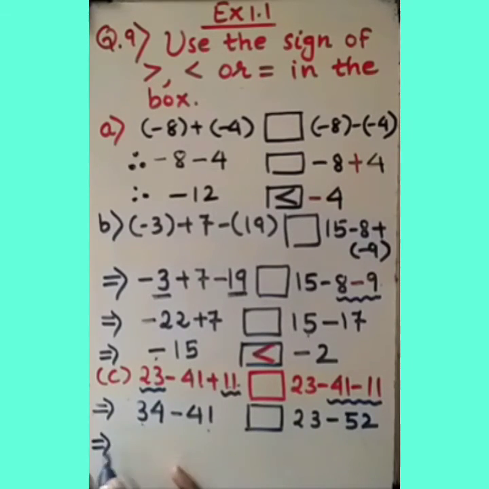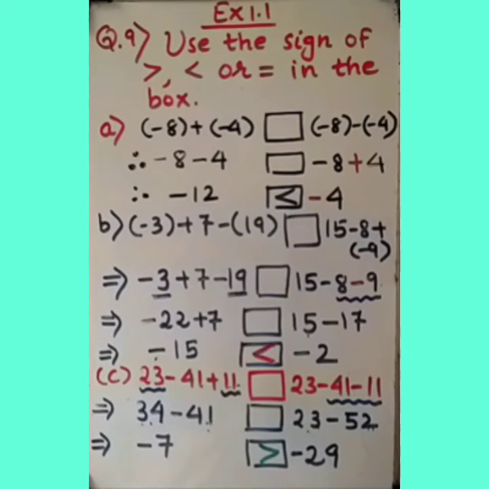Let's go with the next step. 41 minus 34. When we subtract, it gives the result 7. And as we know, the big number's sign is negative, so here we need to write minus. And here just observe 52 minus 23. 12 minus 3 is 9, 4 minus 2 is 2, so 29. As we know, the big number's sign is negative, so I need to write negative here. Now, how to put the sign? How can we decide what the final sign will be? So, we know that minus 7 is to the right side of minus 29 on a number line. So, simply I should say this number is bigger here. Okay.